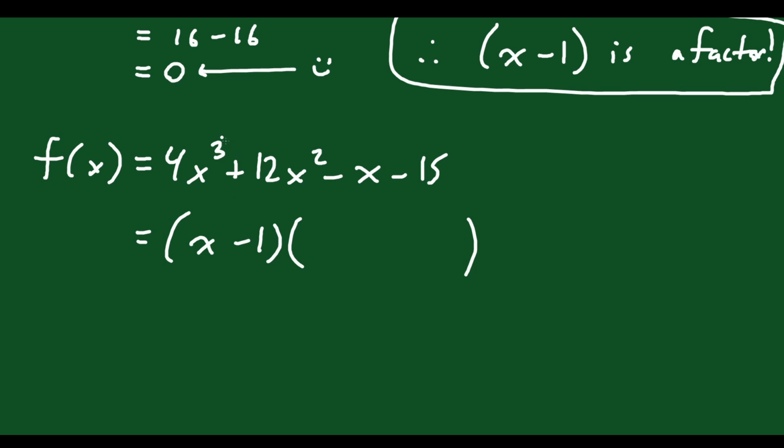This is a cubic, right? It's a third degree polynomial. If you factor out a term here with just x to the 1, then the thing you're left with is going to be x to the 2, right? Because x times x squared is x cubed. So the thing that's in here is going to be some trinomial, 4x squared plus a bunch of other terms. I say 4x squared because when you do x times 4x squared, you get 4x cubed. So I'm pretty sure that's going to be the first term. And then you're going to have a couple others, right? So this is going to be a trinomial